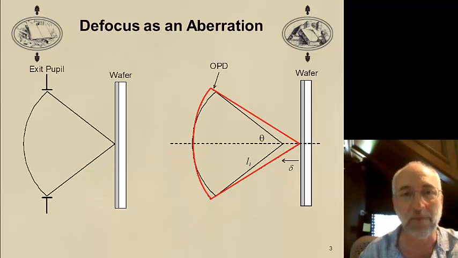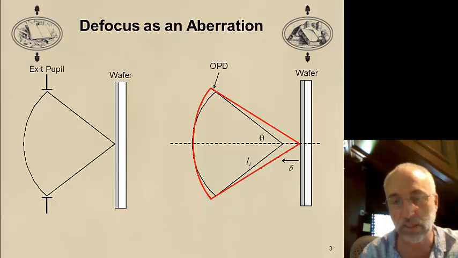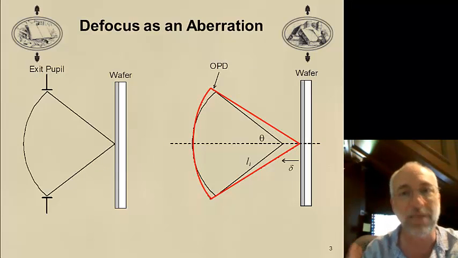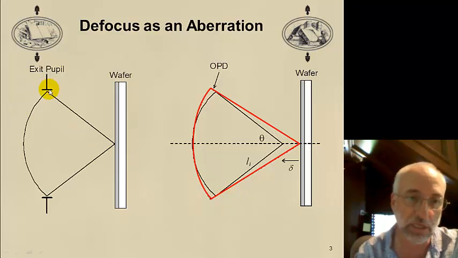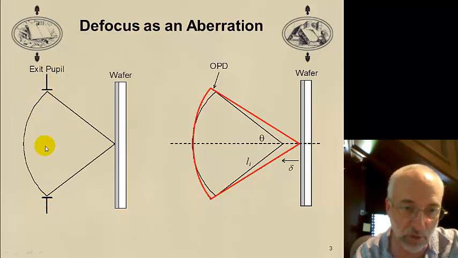One way of thinking about defocus is to actually geometrically calculate what the path difference is. So consider the exit pupil of the lens, right? So this is the bottom of the lens where the light is coming out. And if I have light focusing down to a point on the wafer, here I show the wafer coated with a little bit of photoresist,